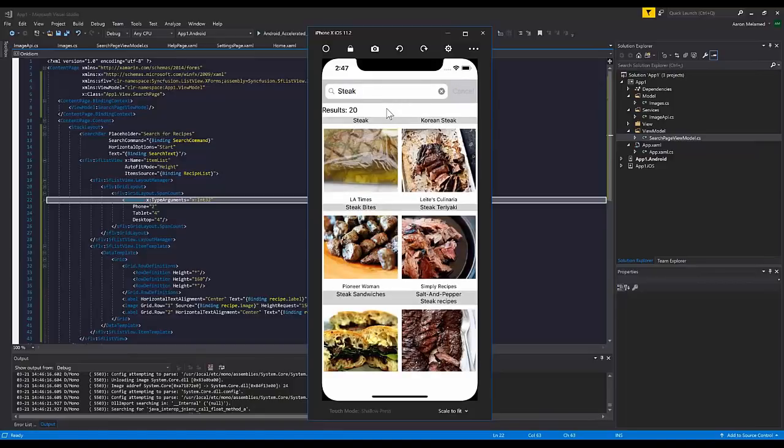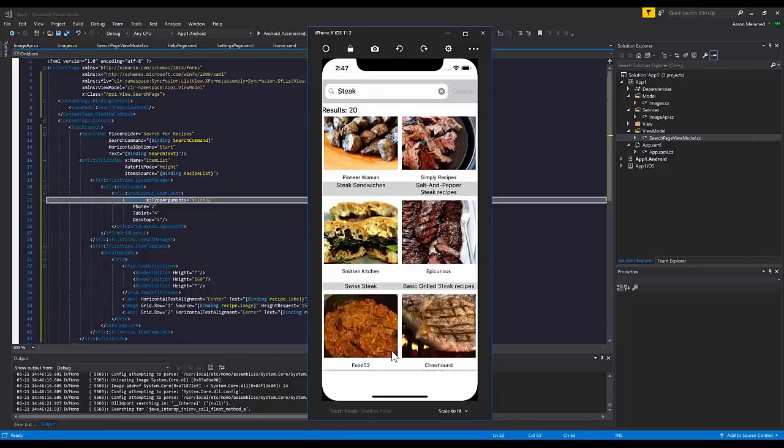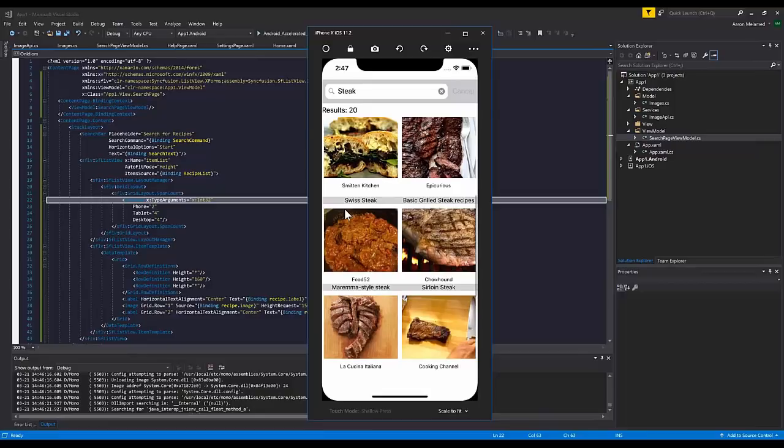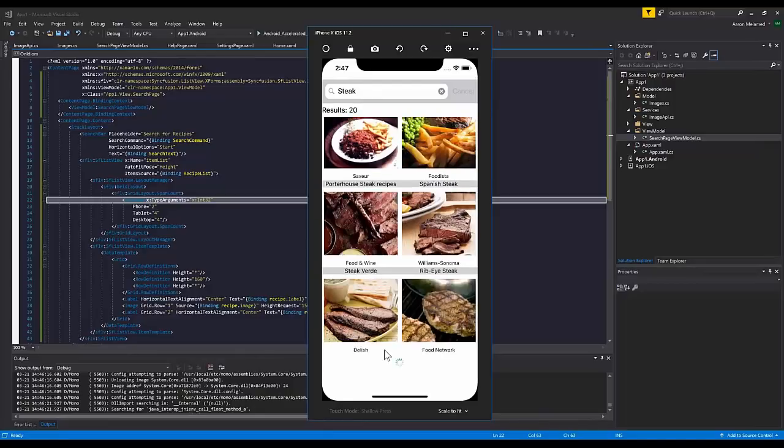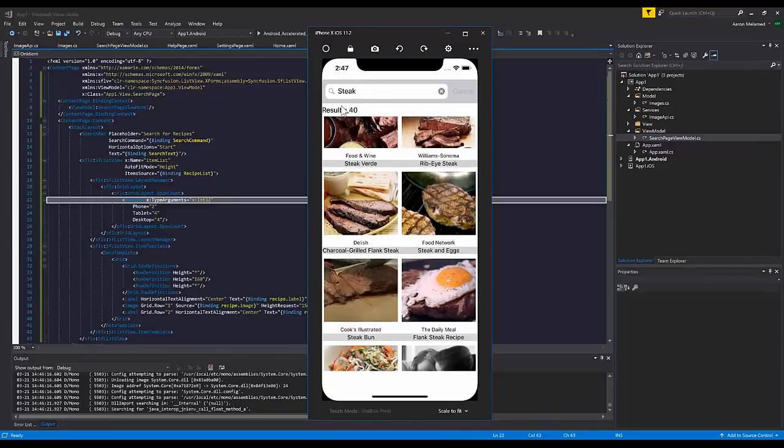And you can see that there's a little bit of a difference in the look and feel of the list view. I have a results counter here because I've implemented a couple of things. So there's an item fade that goes on whenever a new item comes into view. You can see I've customized the actual item template a little bit. It's a little bit nicer and easier to read. And I've also utilized the auto loading feature of the list view. So you can see just now there was a little loading icon at the bottom of the list, and we're now looking at 40